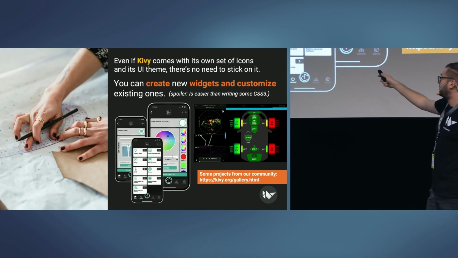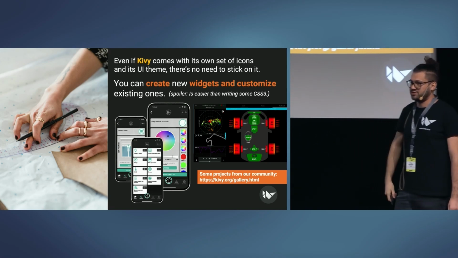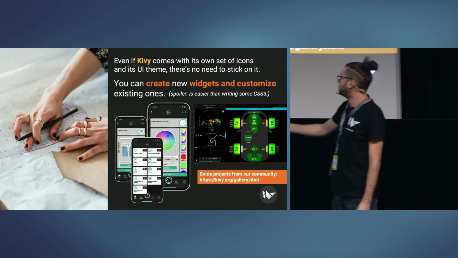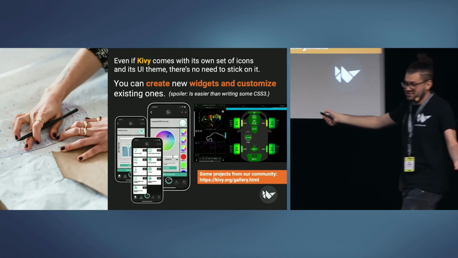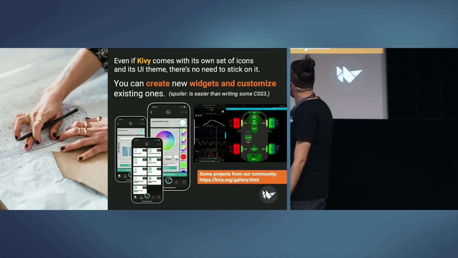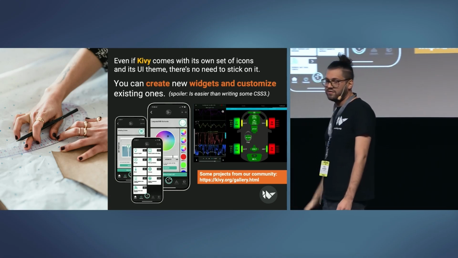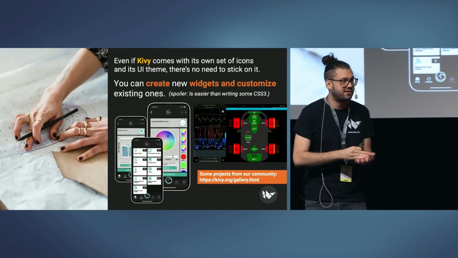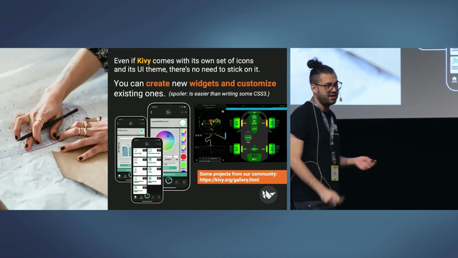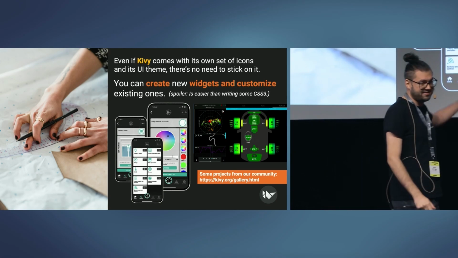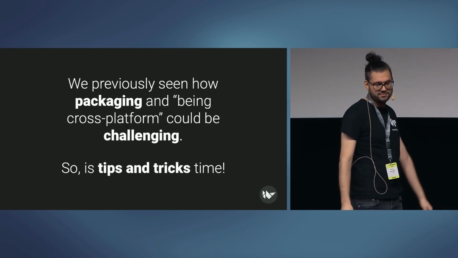This one is an app that we maintain and it has a lot of custom widgets, like the one for the rolling shutter. This one is fully custom, obviously doesn't exist in the Kivy library. And this one instead is an app from one of our sponsors that tracks the car on the racetrack and shows the data in real time. And these are all custom widgets.